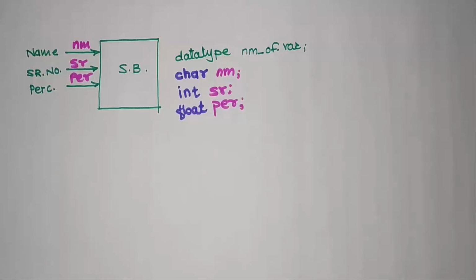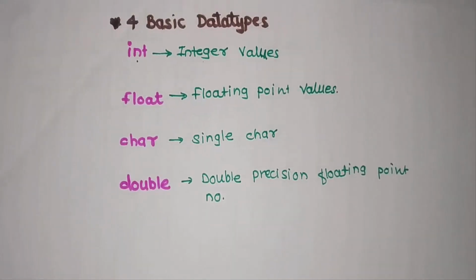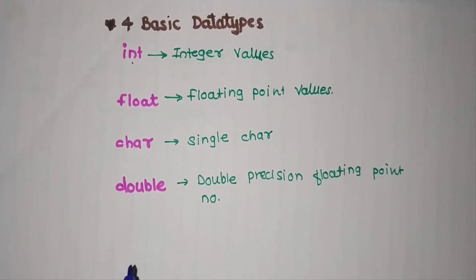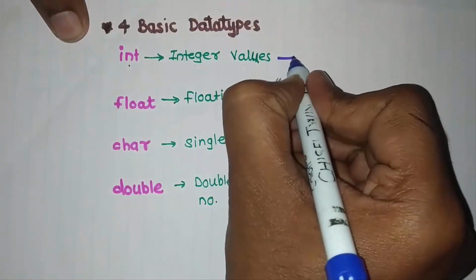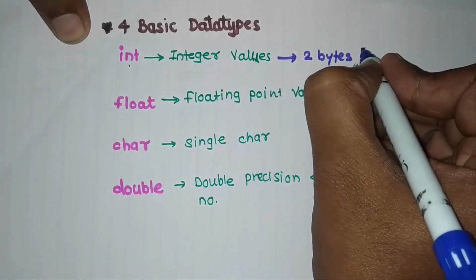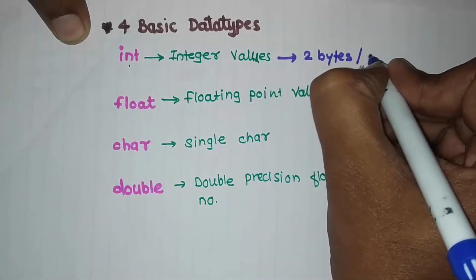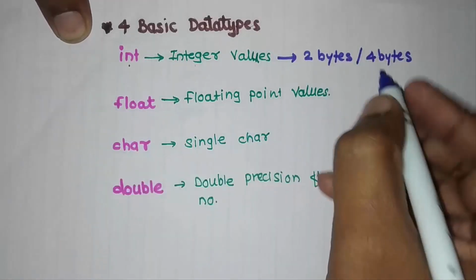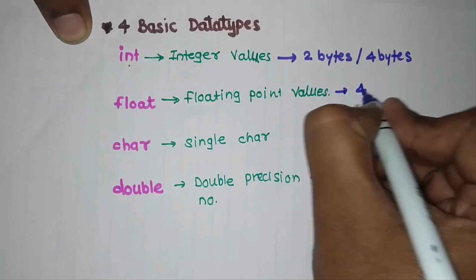Now the most important, the second thing that we had said, the data type also gives us information about how many memory bytes are required to store a value. So when the integer is declared for a 16-bit system, this integer requires 2 bytes of memory, whereas for higher numbers of bits, 64 and all, it requires 4 bytes of memory. For float it requires 4 bytes.